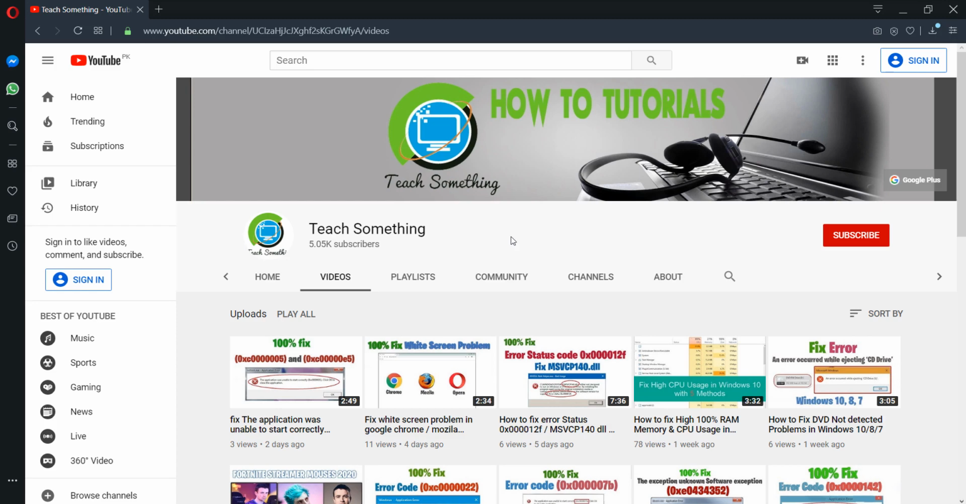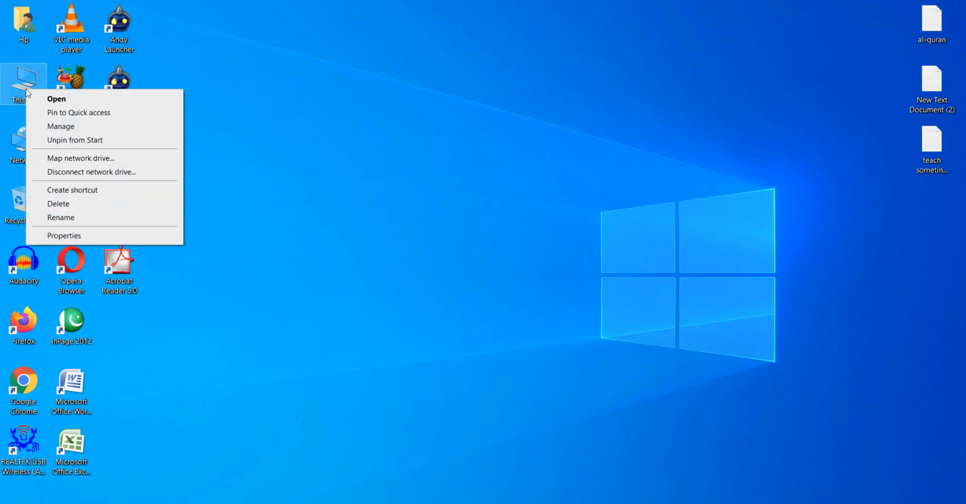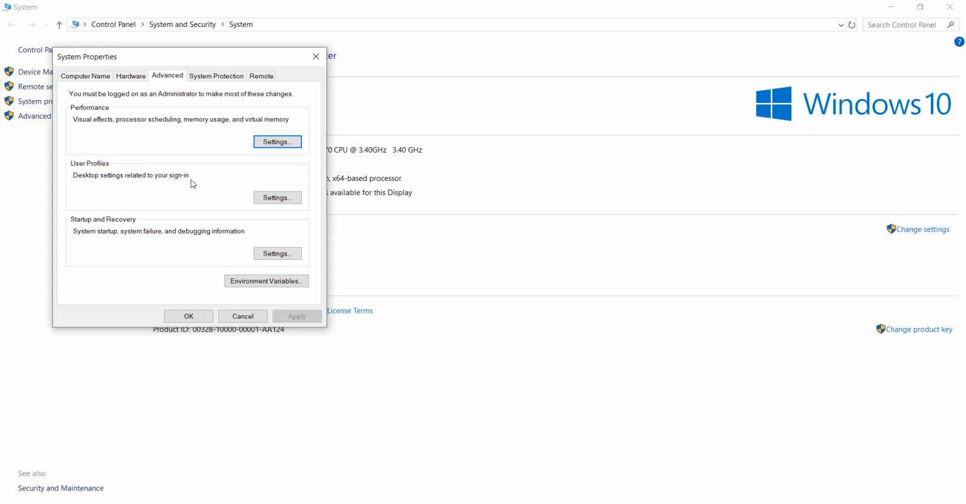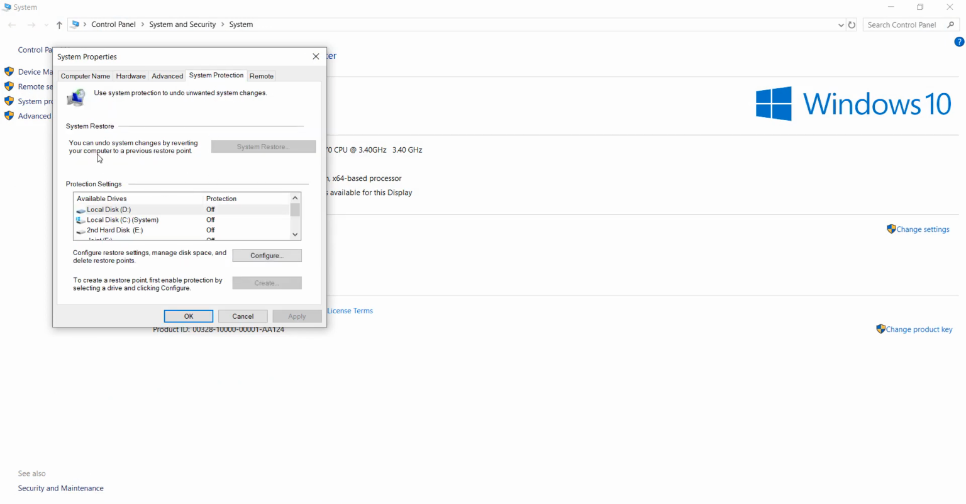The third method is that go to This PC, right click and go to the Properties of your system. After that go to Advanced system settings. Okay guys, after that go to System Protection, and after doing this click